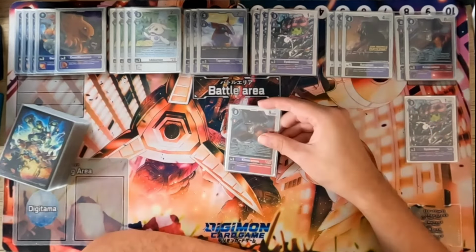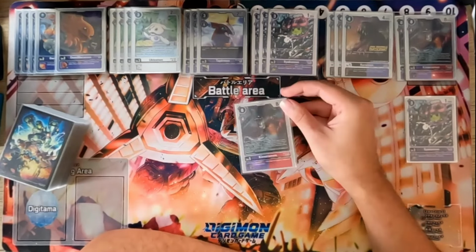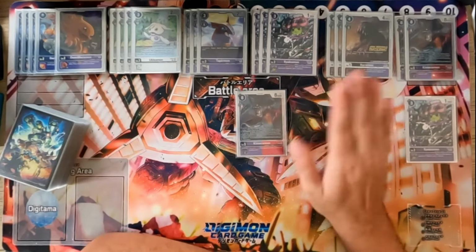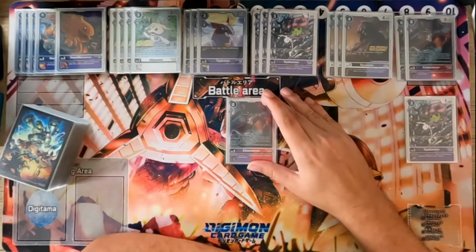But Kimeramon takes that one step further and lets us get it out for a total of 3 memory, and is of course able to do this with no real setup beforehand, as long as we have a Machinedramon in trash. Even if we are at 0, we'll gain our 5 memory back. If they have a setter, wouldn't matter anyways. So Kimeramon is a super efficient and really, really clutch card that I think is actually going to be really